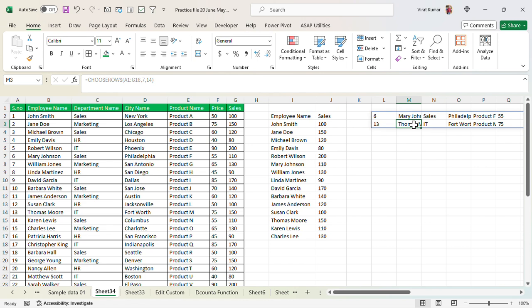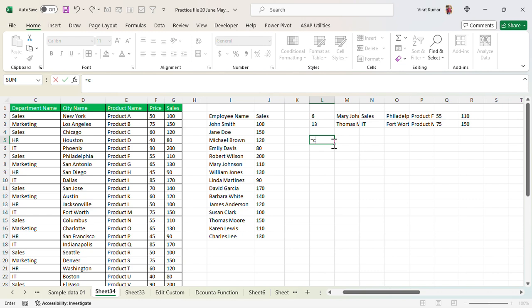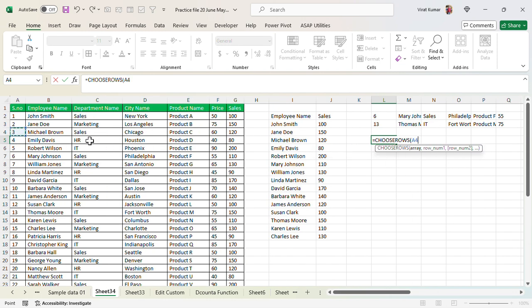So choose means simply with choice we pick particular data with this function. One more thing I will show you, equal choose rows. Select the array again. We select the array. Same, the 16 till 16. Okay.